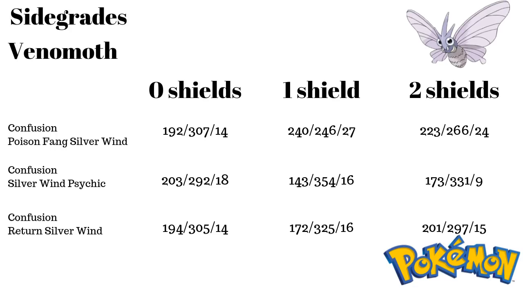But the one exception for Venomoth that makes it different than Golbat is the fact that Poison Fang is Legacy. So the best moveset without the Legacy and without Return is going to be Confusion, Silver Wind, Psychic, which is a pretty good closing moveset because it allows you to hit Psychic, and Psychic's become a lot better with the recent buff. But when you compare Confusion, Silver Wind, Psychic to Confusion, Return, Silver Wind, or you could do Psychic as well,